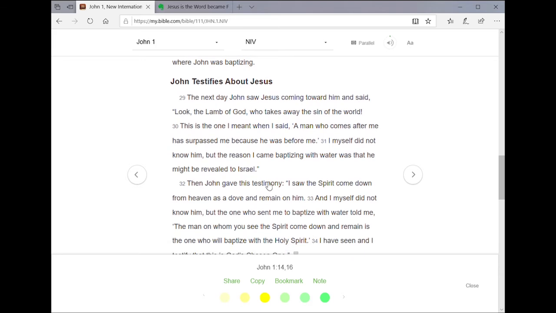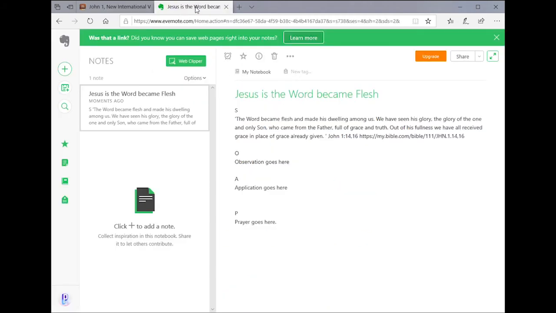So let's say I saw the Spirit come down from heaven as a dove and remain on him. I choose that one as well. So now I've got three verses here that I might want to journal on. So I'm going to hit copy. That goes to the clipboard. And then I'm ready to go over to another tab that I've already gone into that is for a website